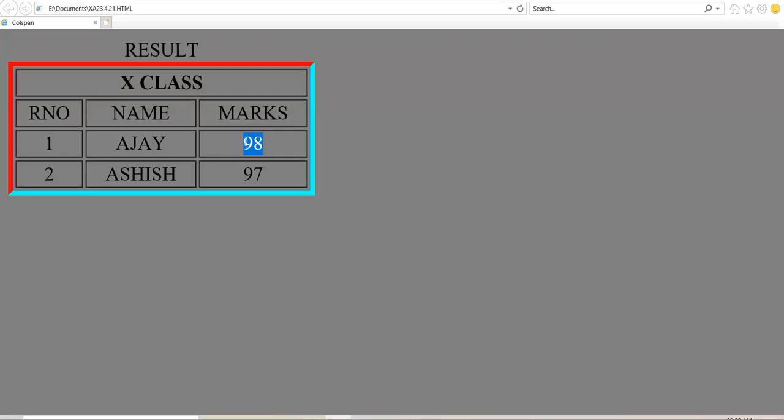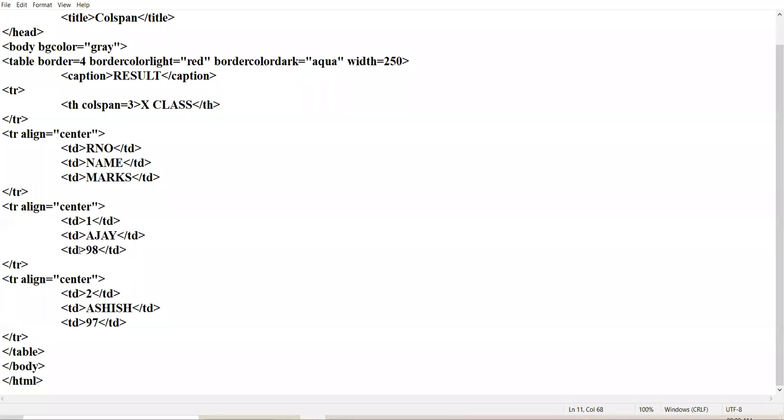So the third cell of the third row will combine with the third cell of the fourth row. Okay. So what I am going to do, in the third cell of third row, I'll be writing rowspan attribute because I am going vertically down. 2.